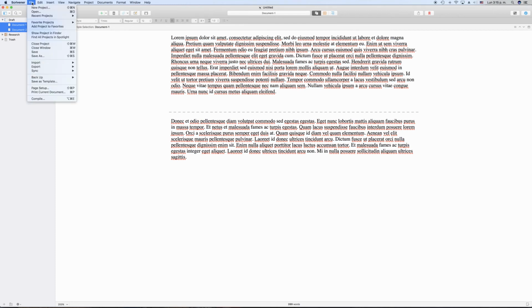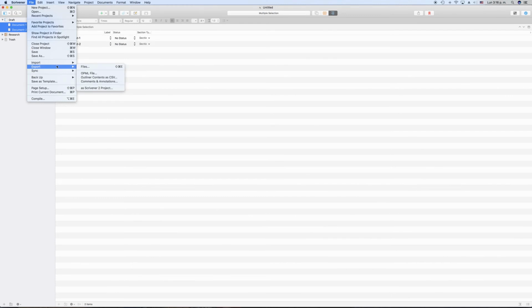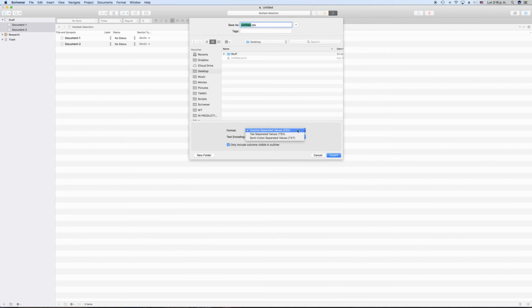You can export the contents of the outliner as CSV. If you don't know what the outliner is, it's the third view mode button at the top. If you click that, you get a hierarchical view of the contents of the binder, and you can display and edit a lot of information about your documents. If you want to know more about it, look for the video that explains the outliner. In case you don't know what a CSV file is, CSV stands for comma-separated values, and it's a text file format that can be read and written by spreadsheet applications like Microsoft Excel, Google Spreadsheets, and the like.